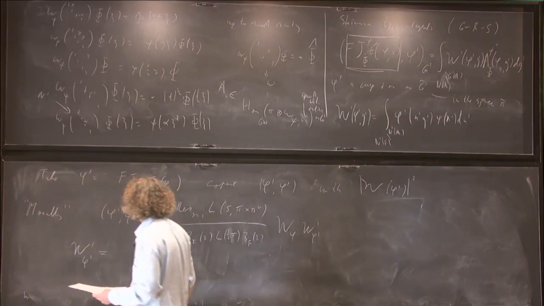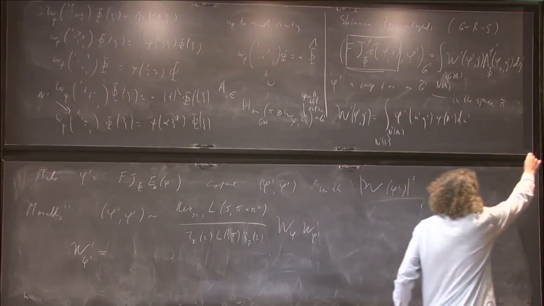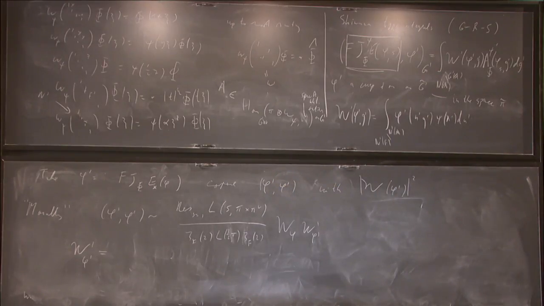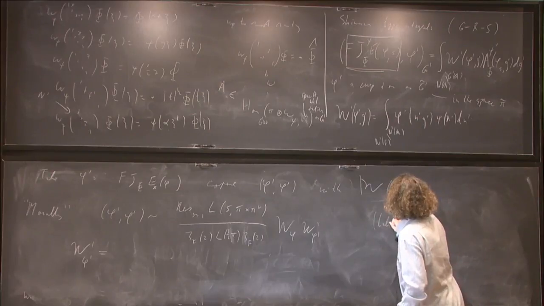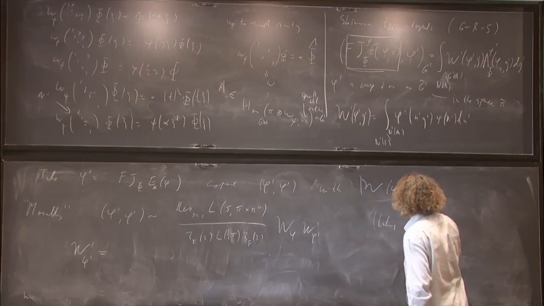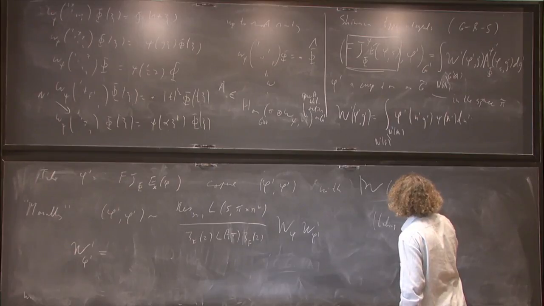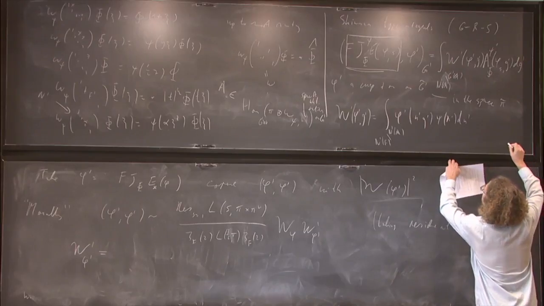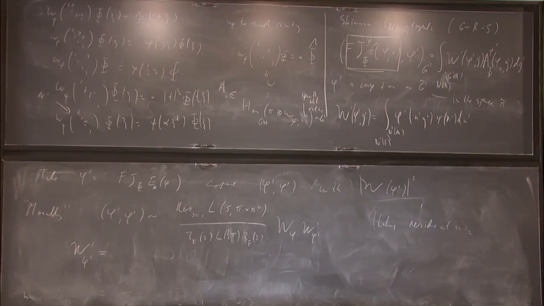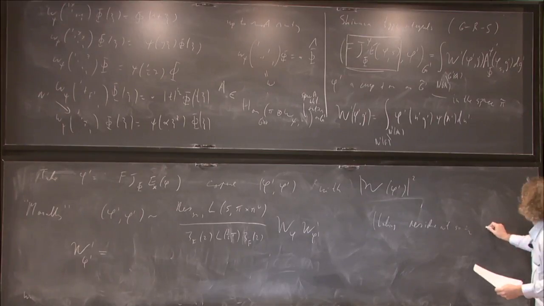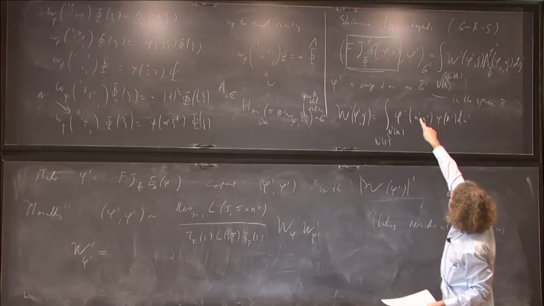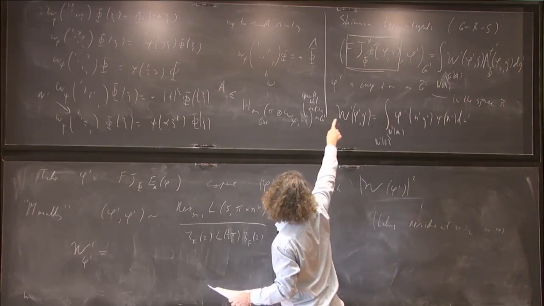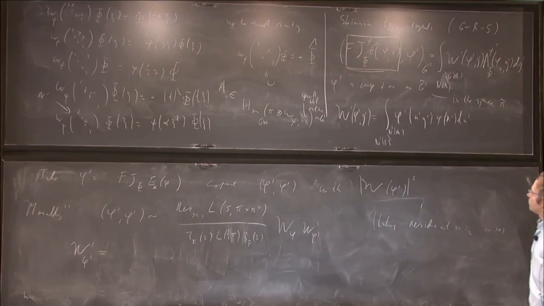Sorry, where did this moral statement come from? No, this is just taking the residue in this formula here. So taking pi to be the lift of pi tilde and taking the residue at s equals half in this formula. Okay. The inner product, because I took phi prime to be the Fourier-Jacobi, is exactly the residue of the